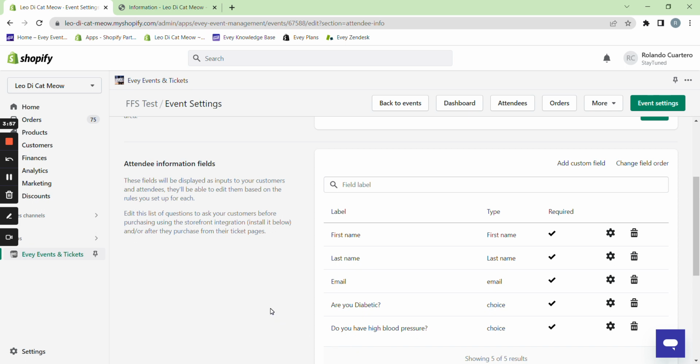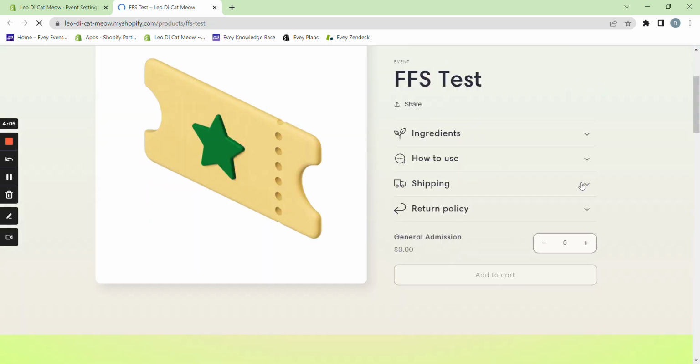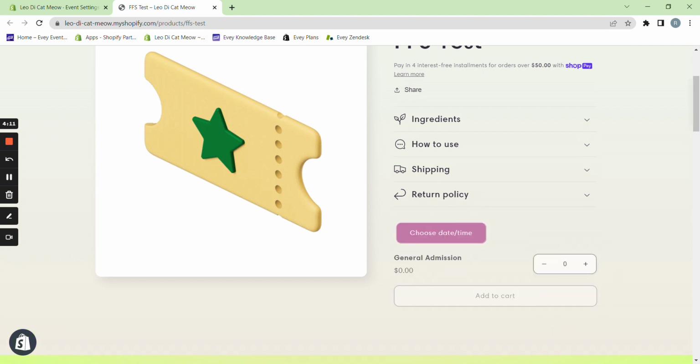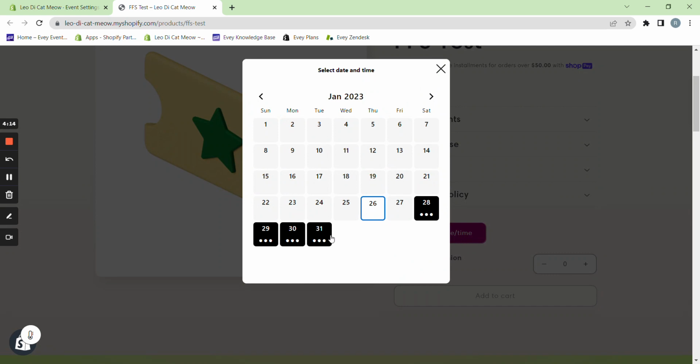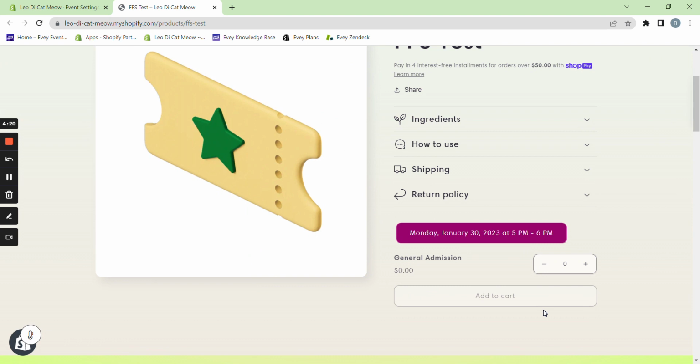And how will this look if your attendee will purchase a ticket? Let me show you. Let's go to the storefront. Now let's just wait for it to completely load. Now let's choose a date and time. Let's say I'll attend on the 30th for the 5 p.m. to 6 p.m. event. Now, if you're going to purchase a ticket for you and your friends, what's going to happen is it will require you to fill out three attendee information forms. So just to show you,